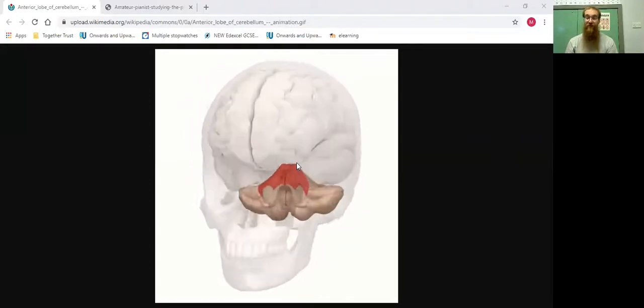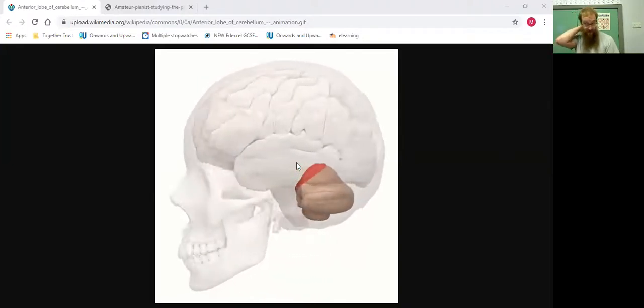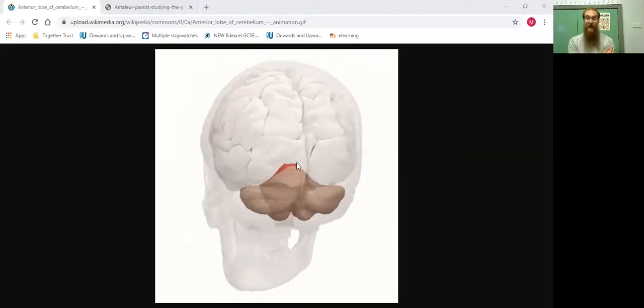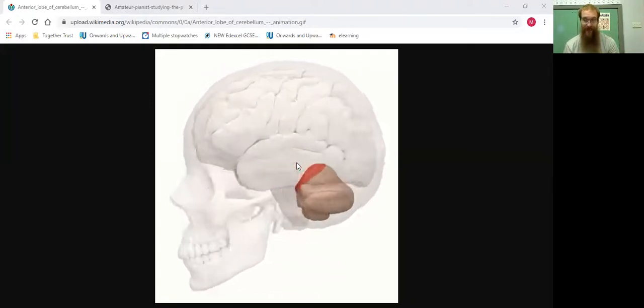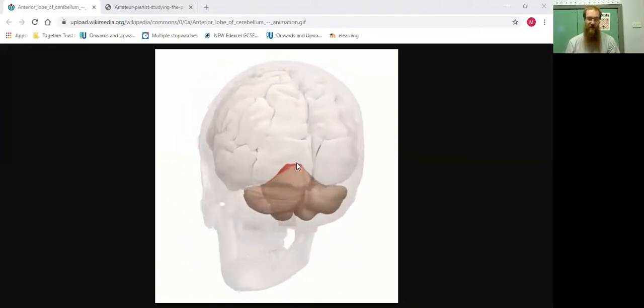So it's well protected from problems from the top, but it is exposed from the back and the top of the neck. Again, like the cerebral cortex, it's in two halves, and its job involves the coordination of fine muscle movements,